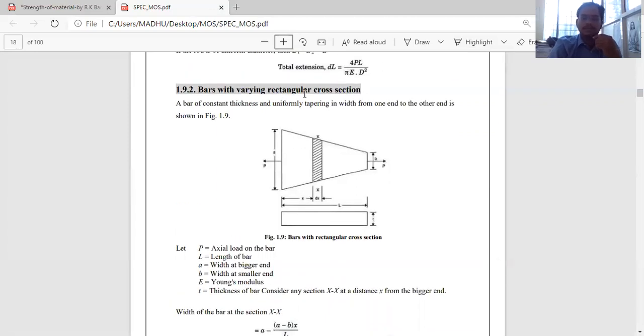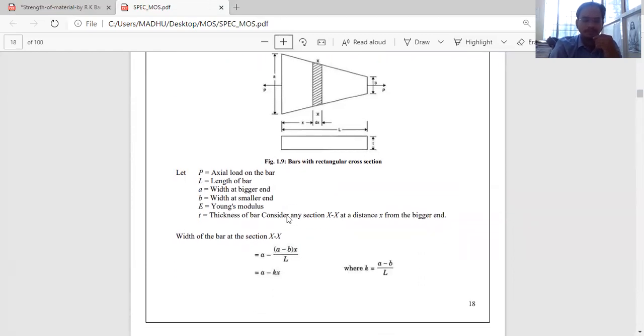Bars with varying rectangular cross sections. So the same analysis is done in the same way. Here, same here, it is the bar with the rectangular cross section. The previous one is circular cross section. Same thing, we need to consider